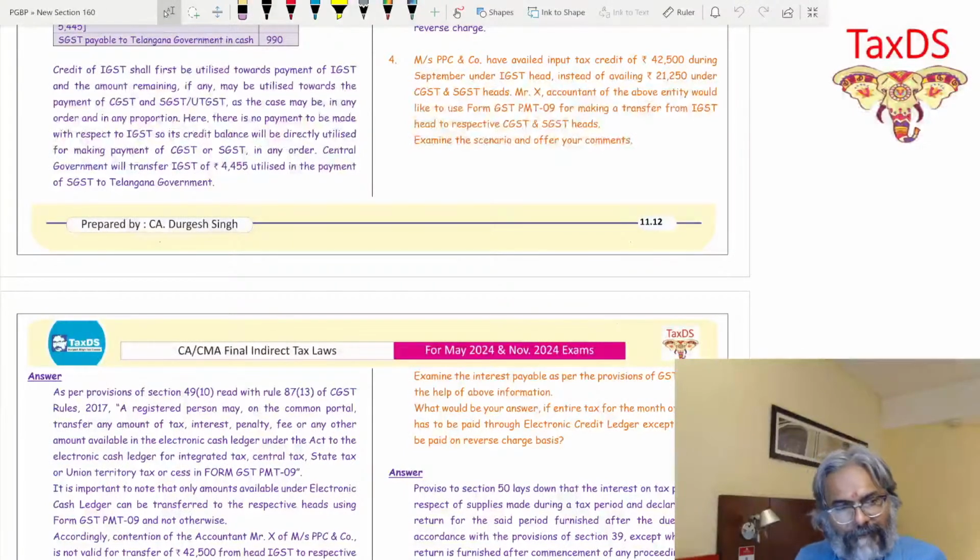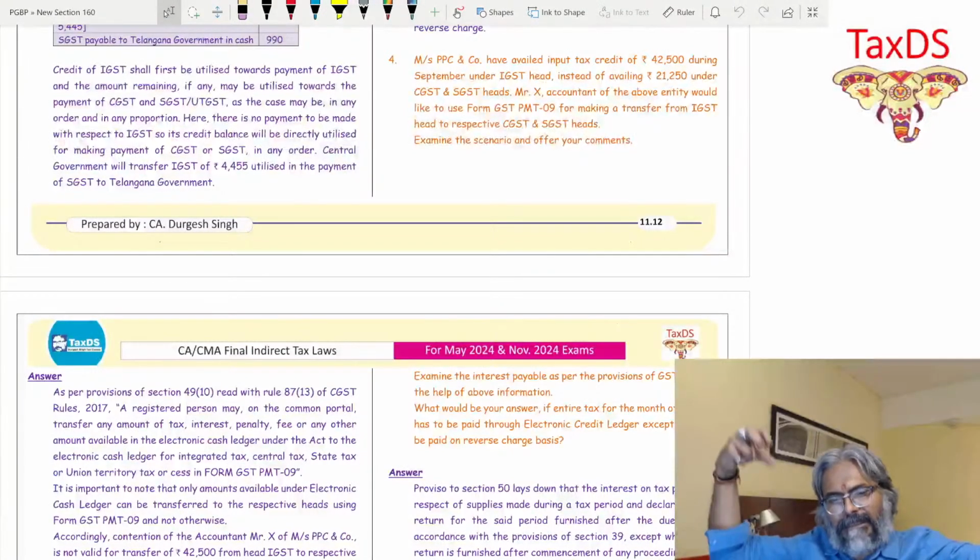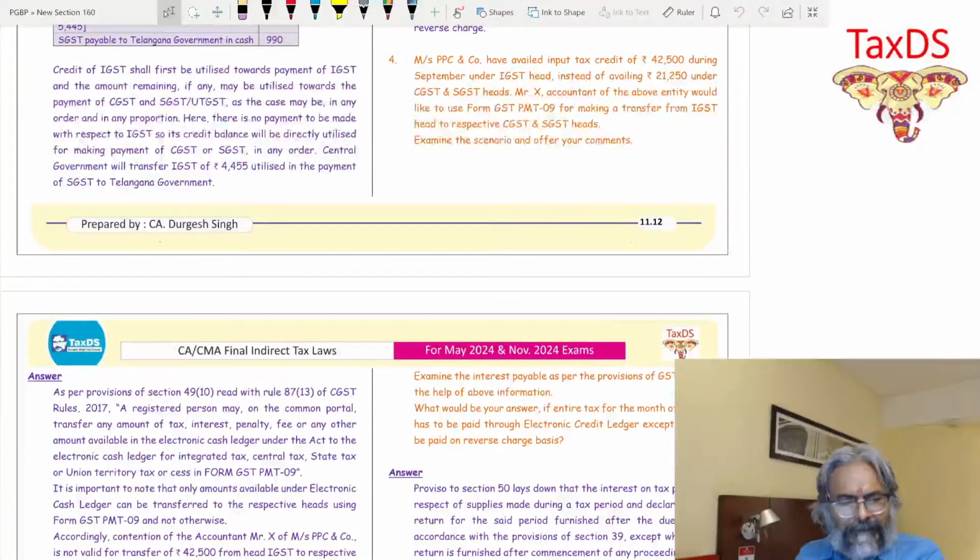Then after you have taken the credit, the government has done the credit. After that, students, there would be a corresponding debit, which is nothing but the adjustment that you are going to make. And then we have seen, in point number 3, what was that? There was a case of the transfer from the electronic cash ledger. Probably the transfer will take place. And then I have told you what happens, students. There is a concept of first, in this case. One is about the transfer within the same GSTIN, and the second one is transfer to another GSTIN but with the same PAN, which is nothing but a deemed distinct person in that context.